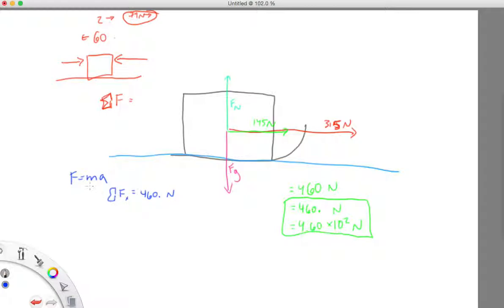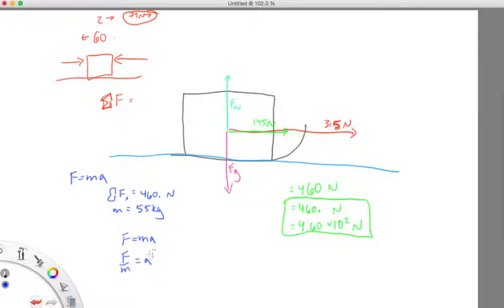We want to know what the acceleration is of the sled. What's our mass of the sled? 55, I think. Yeah, 55 kilograms. So we don't need to change that to grams or kilograms. It's kilograms, the units we want. Everything's great. So now we solve for acceleration here. So we rearrange this equation. F equals ma. I'll write it out again. We want to solve for acceleration. So we divide both sides by m. So you get F over m